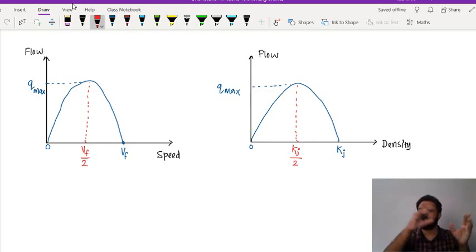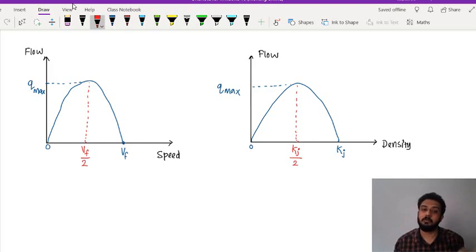That may be different. So you are not getting an identical shape. It is different, but the height will be same. Height being the same means maximum flow is same, right? Because it is not happening individually, it is happening together. As speed is increasing, density decreases. As density increases, speed will decrease. So it's almost going like this. At a particular combination, as the speed increases, density decreases, and as density increases, speed decreases. So at some particular combination, if you are multiplying these two, you are going to get a maximum value.